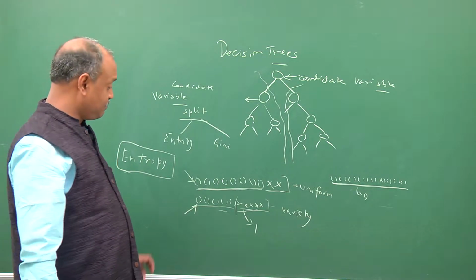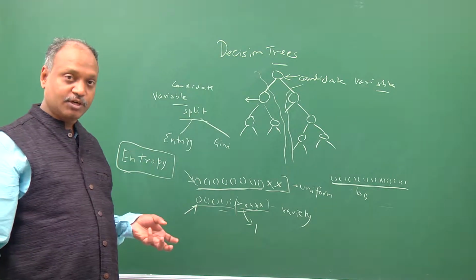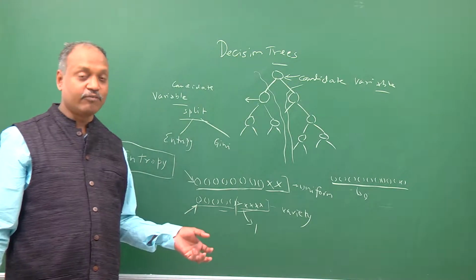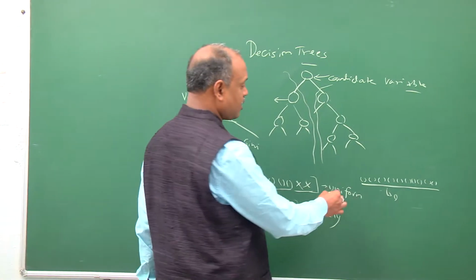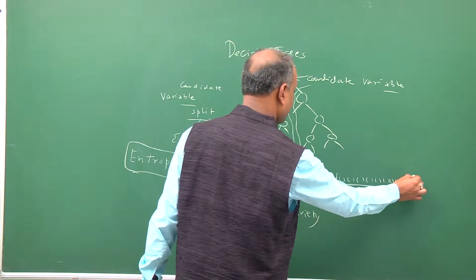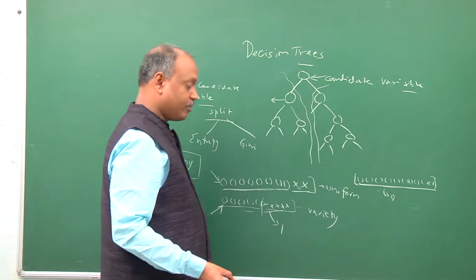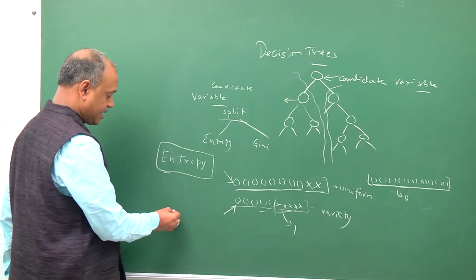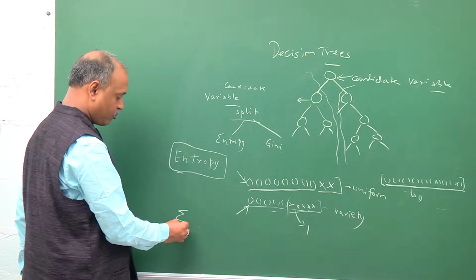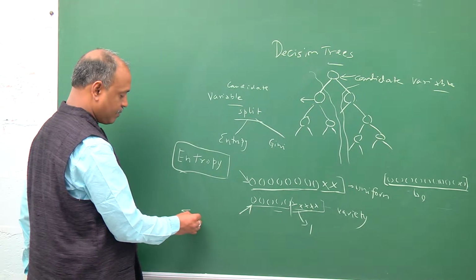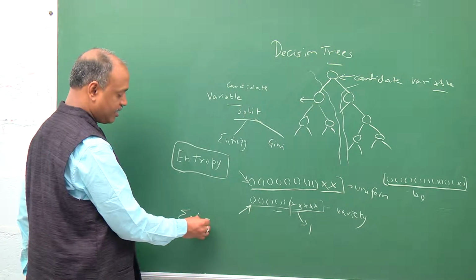So entropy is a quantitative measure of non-uniformity or variety in a sample. We can also measure entropy by a technical formula, where you take the sigma over the different categories, here the two categories, of minus